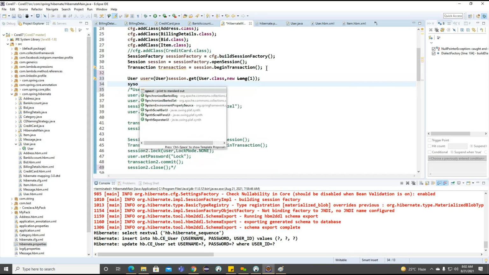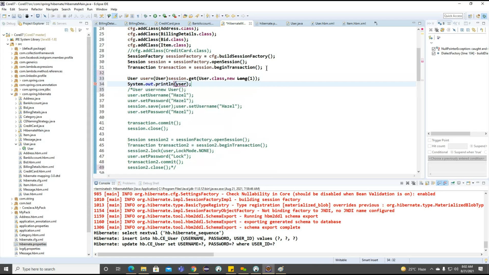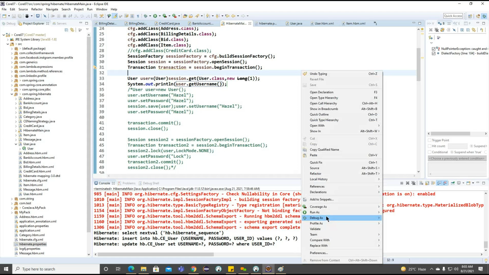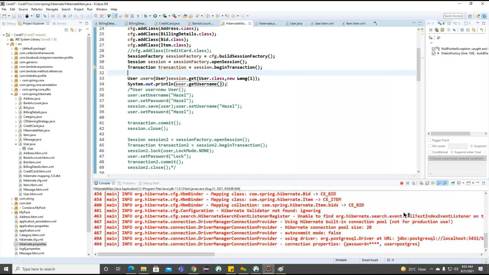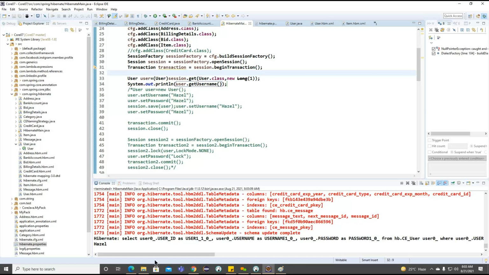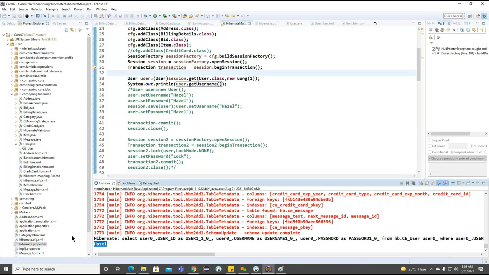Now if we want to print, we will print our username. Now what you are understanding here, there is no object, like we are not using any new keyword to create an object. So without creating any object, directly we are making a persistent state object. Now you can see the particular username is printing here, Hazel.